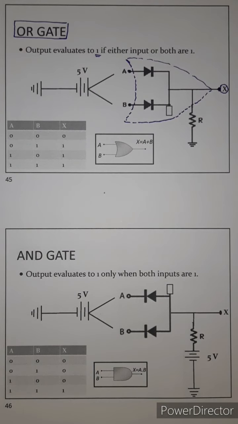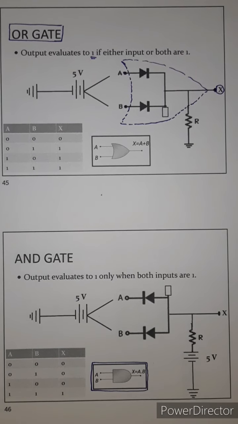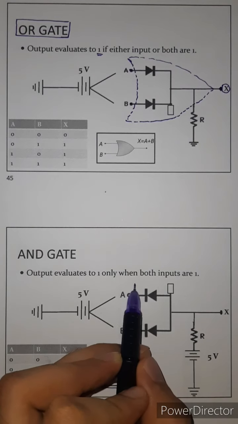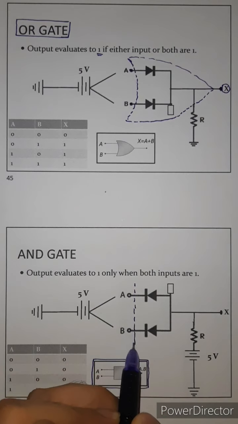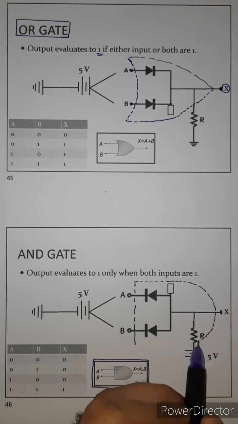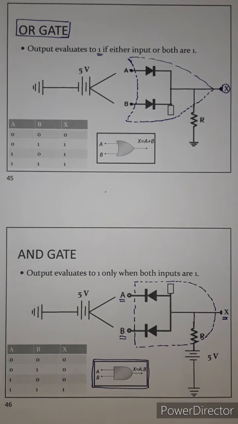The second logic gate that we are going to introduce is the AND gate, where the output is equal to 1 or high voltage only when both the inputs are simultaneously 1. So this is the circuit representation of AND gate. You can also see the truth table that I have drawn for AND gate. And this is the actual realization of circuit with the help of which AND gate is formed. So again I have used two diodes in order to form AND gate, and here A and B are our two inputs and X is our final output.